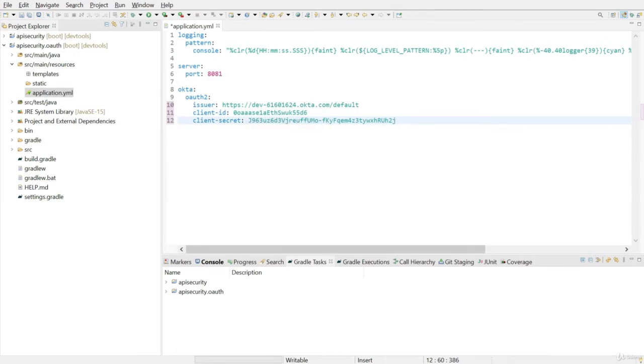The issuer is your Okta domain followed by /oauth2/default. Client ID and client secret can be taken from your own Okta application. The client ID and secret in the sample code will no longer be valid by the time you import the sample project.